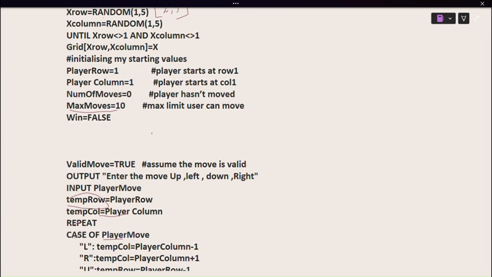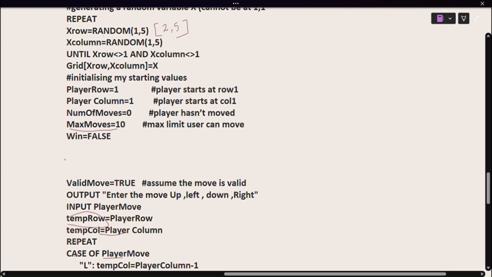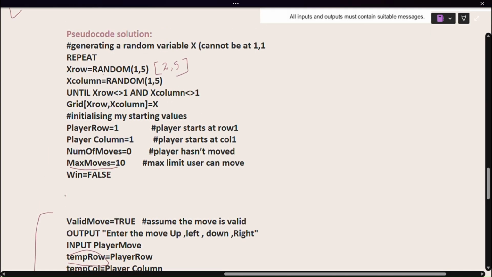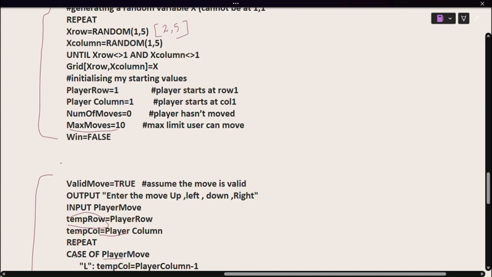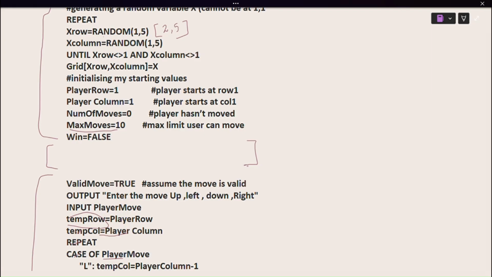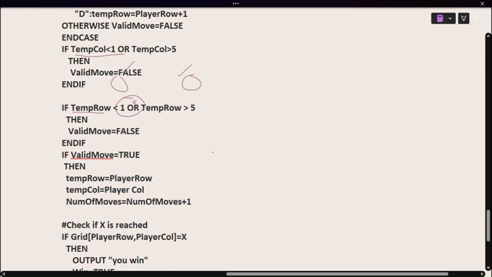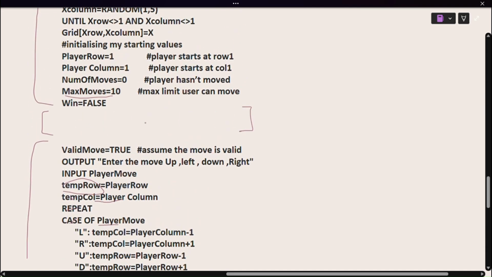Okay, so here you can see this was where the main game started, right? This was just the initialization of things. Now here I'm going to set a condition that the moves are only equal to or less than 10. So this whole thing is going to just work if the total number of moves is less than or equal to 10. So I'm going to write a condition here, while